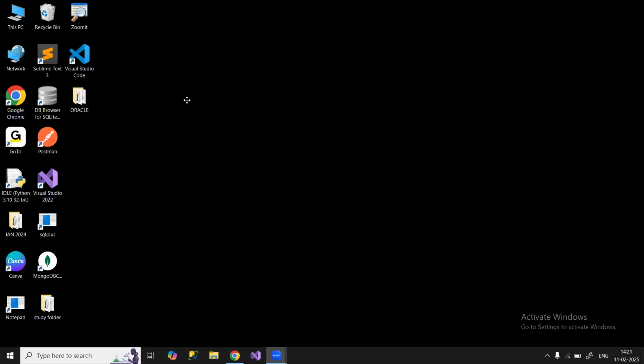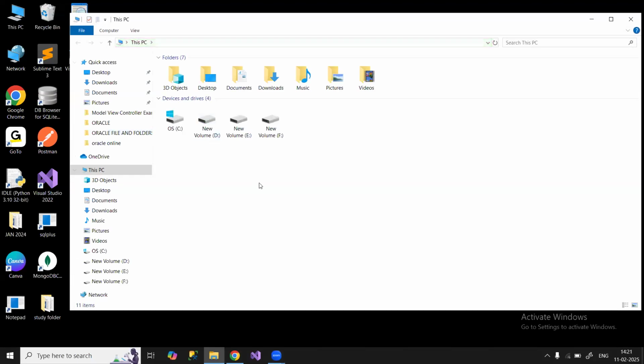In morning class, we discussed data models. Data models are classified into three types. The first one is physical data model, the second one is conceptual data model, and the next one is logical data model. Again, logical data models are classified into five types. First one is hierarchical data model. Next one is network data model. Third one is relational data model. Next one is object data model. Last one is